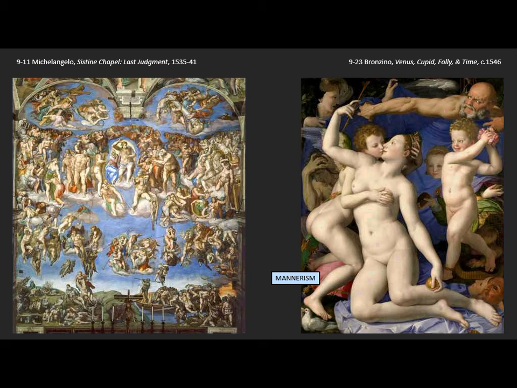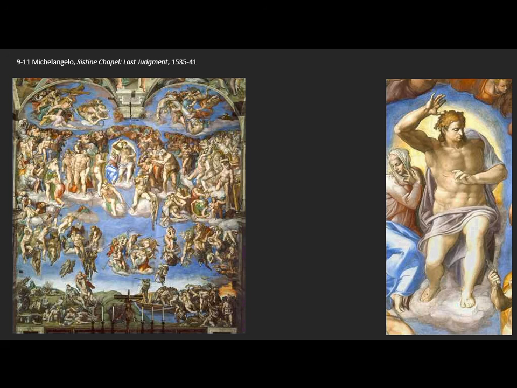So while Michelangelo is early in his career the primary proponent of High Renaissance art, later in his career he becomes drawn into this new Mannerist movement. In particular, with the Last Judgment here, we look at the body of Christ at the top. And you'll notice that it's not only massive, but it's contorted,